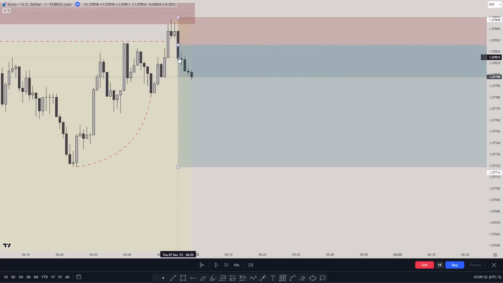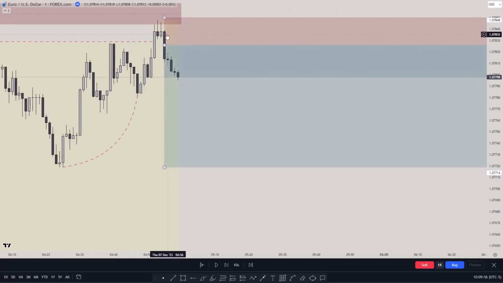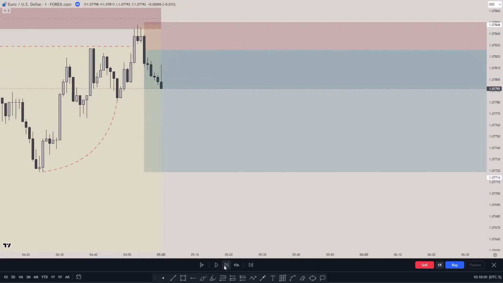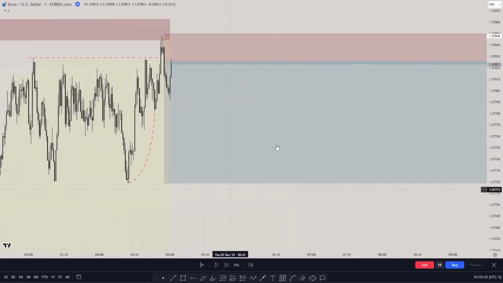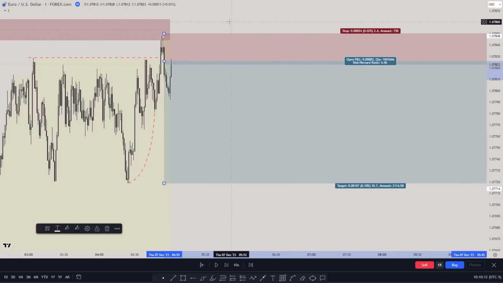So first fair value gap, after sweeping liquidity and reacting from the fair value gap, that's going to be the second fair value gap, right? Entering from here, we can see that price, before taking any level of liquidity, this one, this one, this one, and this one, went back into the level of liquidity. And this one is a 4.4 to 1.